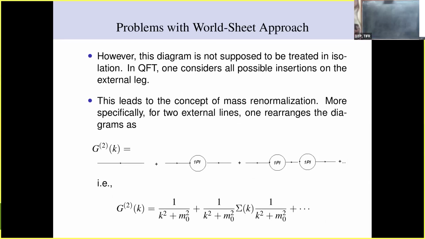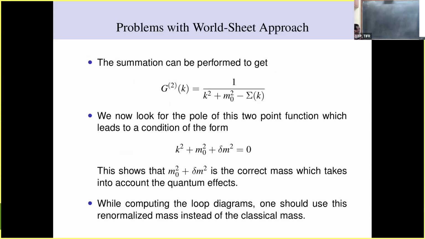and this leads to the concept of mass renormalization. More specifically, for two external lines, we rearrange the diagram. Suppose you have a 2-point function, then you rearrange all possible 2-point functions in this way. You consider 1PI diagrams, and then glue all these 1PI diagrams in this way, and mathematically you can write it like this. Say the propagator is 1/(k² + m₀²), then you have 1/(k² + m₀²) again, and say sigma is the value of this 1PI part, and then this. So you have this infinite series,